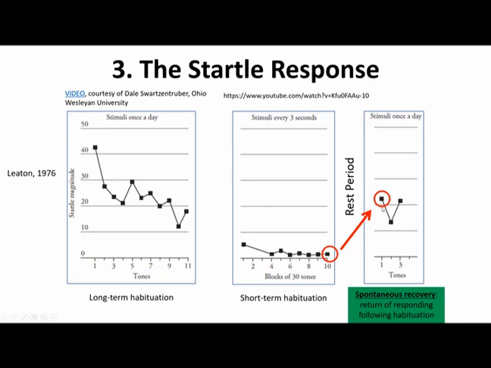And so this is really important to know because while we can modify that startle response, while we can modify those reflexes, they don't completely go away. So it's not like you're unlearning them, it's just that you're learning something else. And so we'll talk more about that later. But I think that's enough